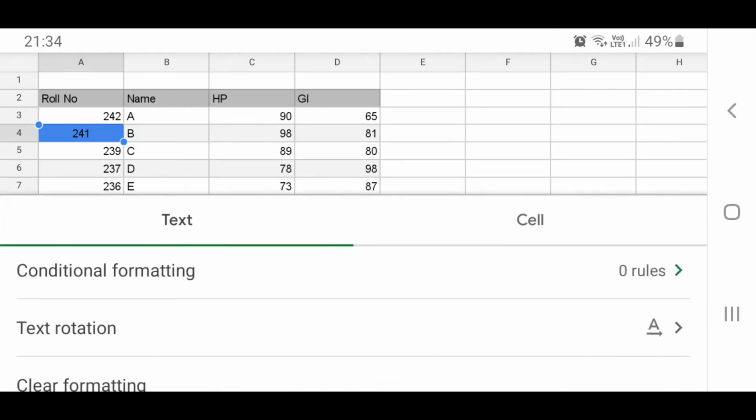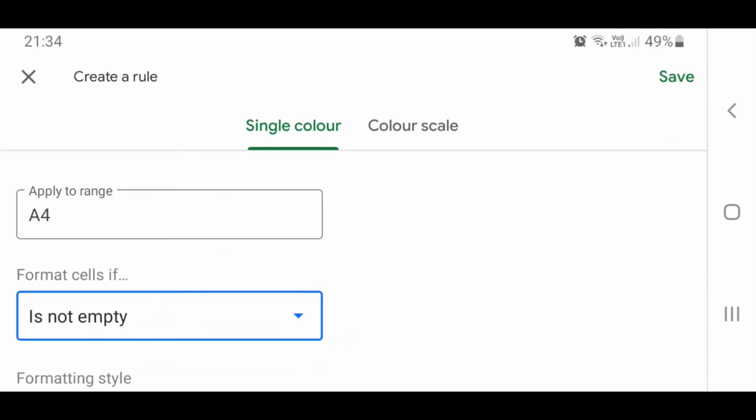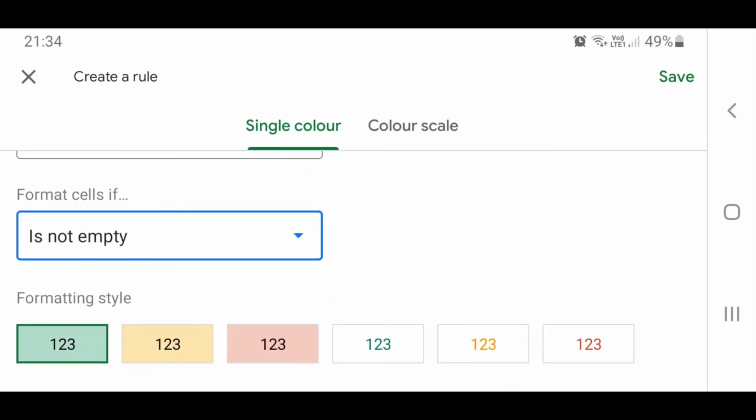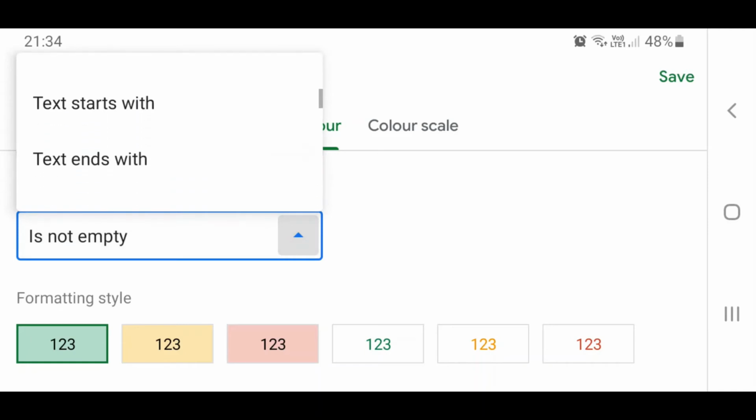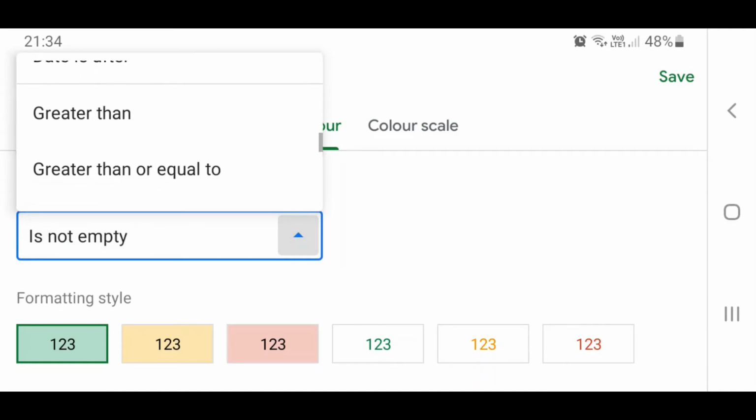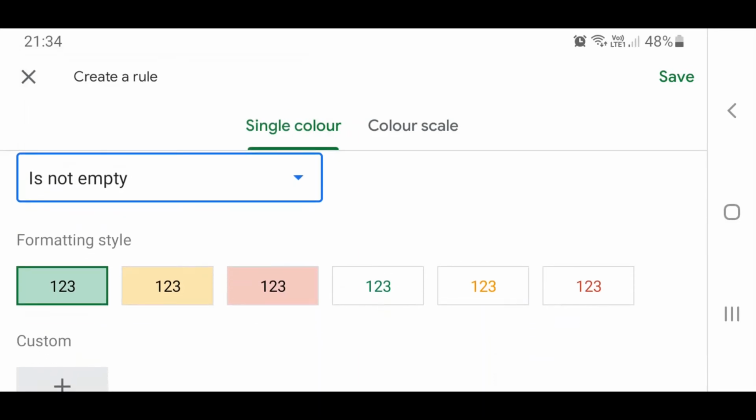The next one is conditional formatting. With conditional formatting, you can give styling to your particular cell depending upon the content or whatever value is contained inside your cell. Here some predefined styles are already given.